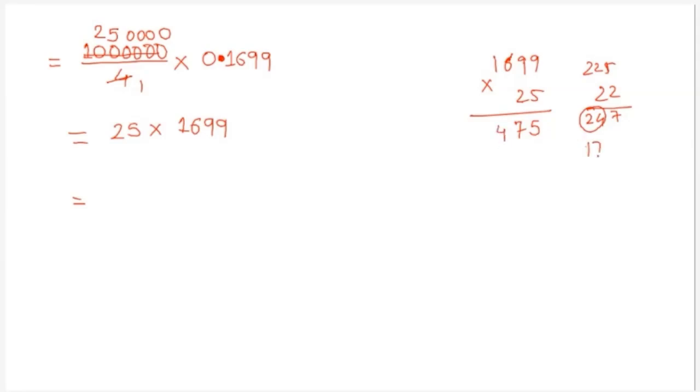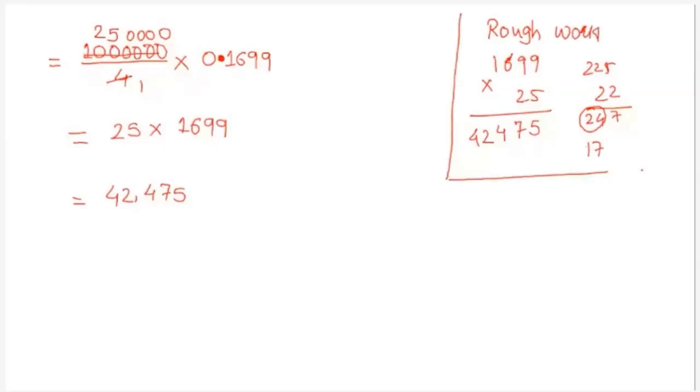So 17. 25 ones are 25. 25 plus 17 is 42. Am I correct in the calculation? Yes, you are also saying the same. 42,475. This is my rough work. Got the answer? Write down what they were